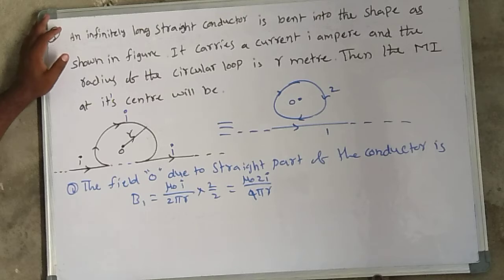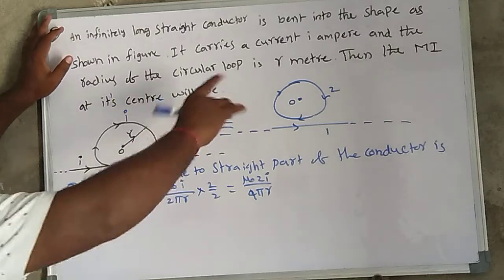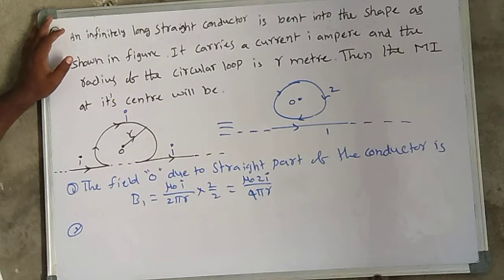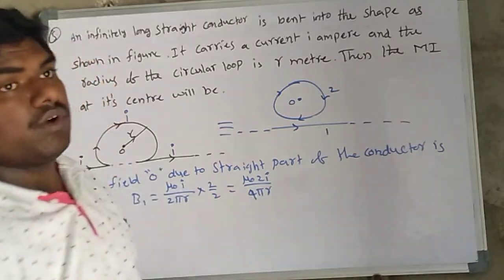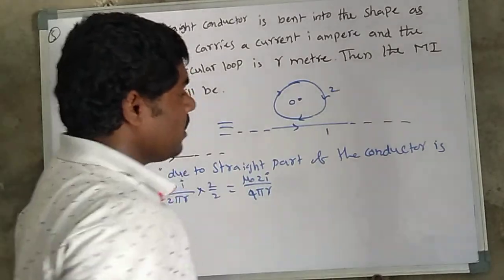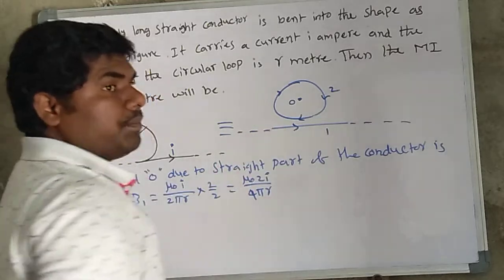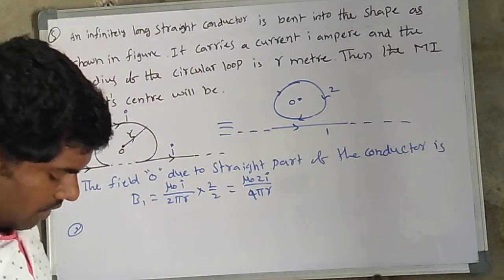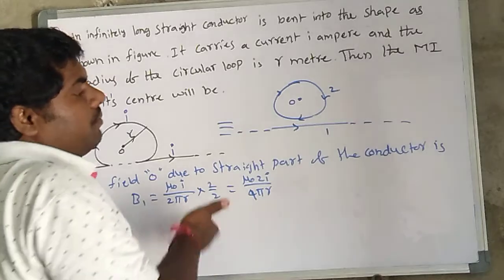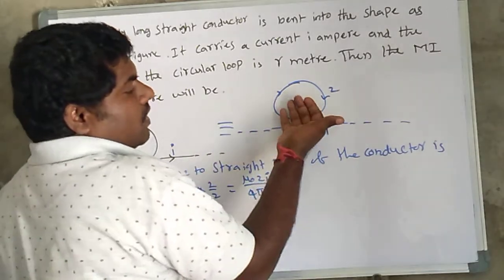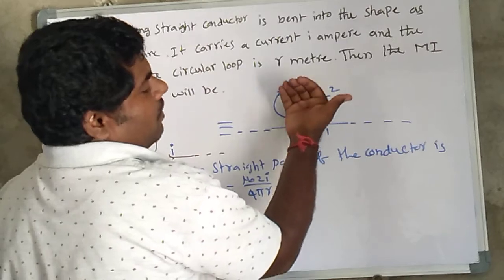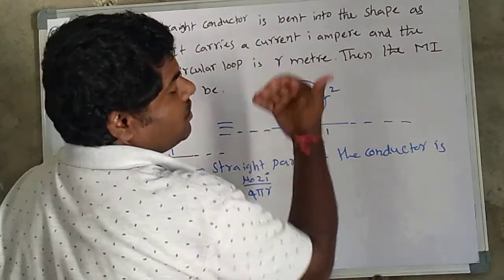Similarly, second part, D2 second part, this is the B1. Here you may identify the current whether in inward direction, outward direction. This one is a circular. Here you may use the right hand thumb rule. You may put like this. Here this side the inward direction and the center point at O point, my curl finger coming outside.